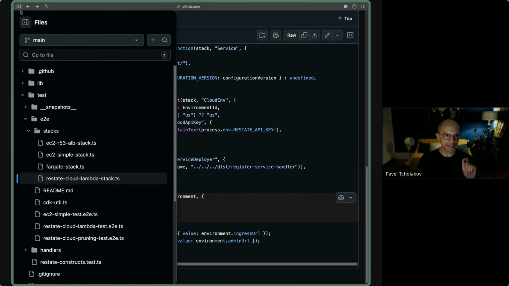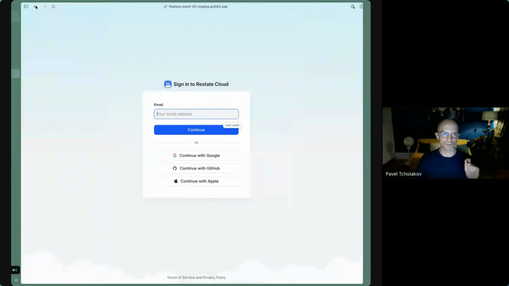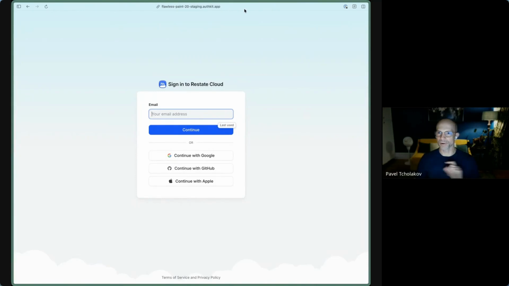And then finally, I want to give you a sneak peek of another new feature that we have coming. So this is more of a Restate Cloud. I know today is about the Restate 1.6 release. But recently, we've been adding some new security and enterprise-friendly features to Restate Cloud. We now have a new identity provider where we support corporate SSO. And in this case, you'll see the new